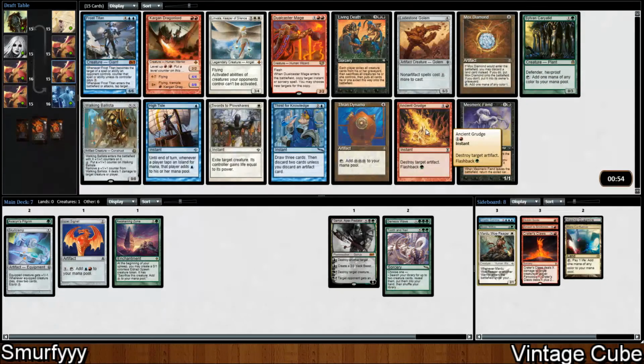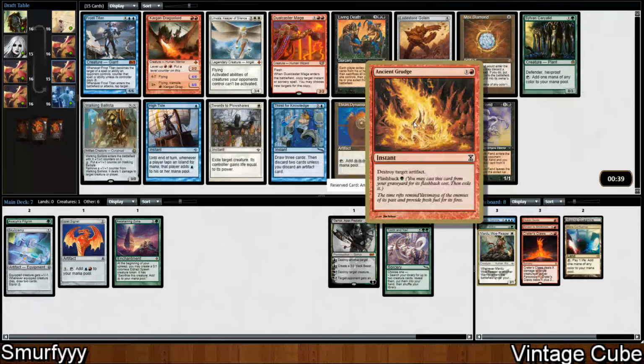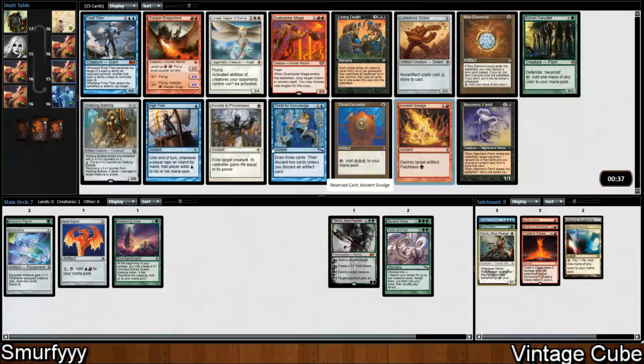Ancient Grudge is pretty much always a 2-for-1 because there are always going to be artifacts to target with it. So being able to blow up your opponent's mana rock on turn 2, and then later in the game getting extra value out of it, is really powerful. So I think this card is significantly better than people will rate it. But I don't think it's what we're looking for in our deck, so I'm tempted to take the Thran Dynamo